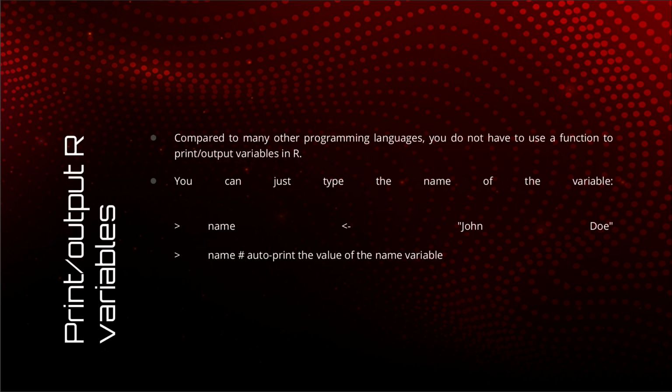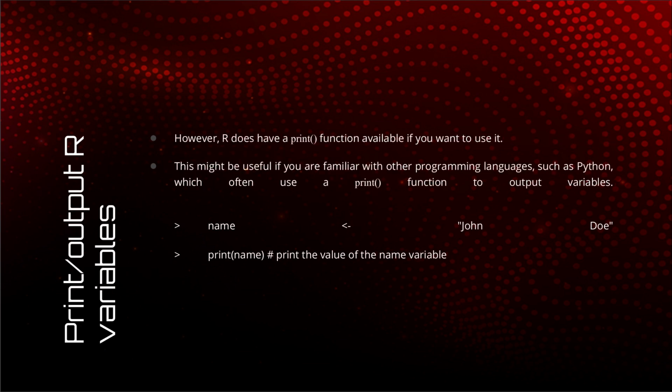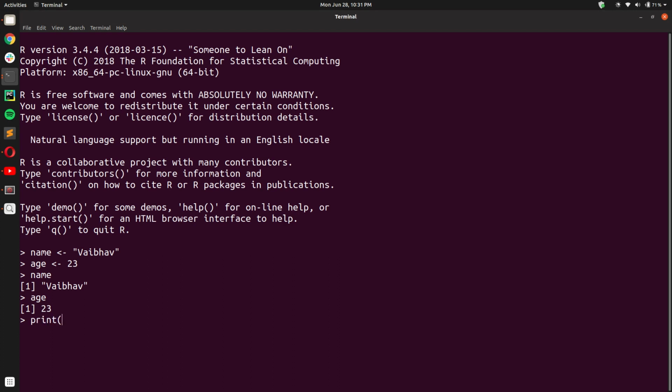We simply printed the value inside the variable by writing the name of the variable. But what you can do is pass this value to the print function to do the same, which is a more verbose way of doing it, sure. But like we discussed in the previous video, if you are inside a for loop or inside any curly braces for that matter, you have to use the print function. And you see when I wrote print name, I got Vaibhav as output, which is the same as what I got after writing simply name.